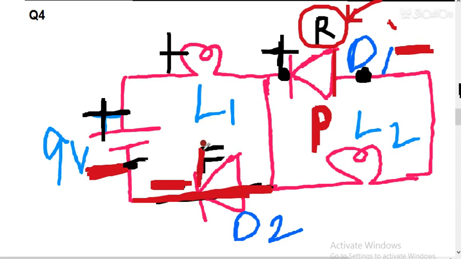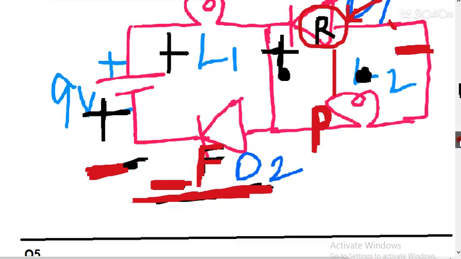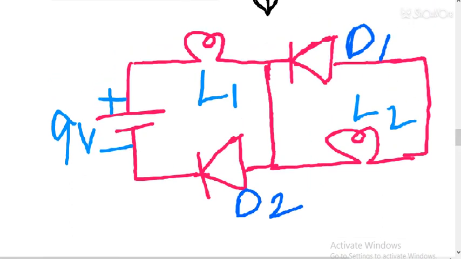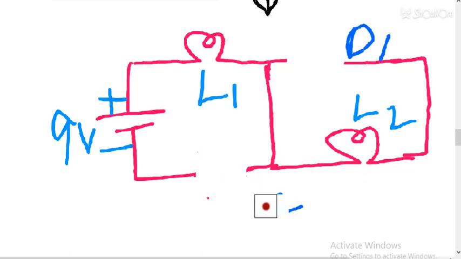So its equivalent diagram now we can draw. Only two diodes are there, we have concluded, which is forward bias and which is reverse bias. So D1 is reverse bias and D2 is forward biased. So now moving to its modified diagram. Okay, so this will be the modified diagram for this one. I have to take the eraser. So this diode is acting as a reverse bias, this will act as a forward bias.